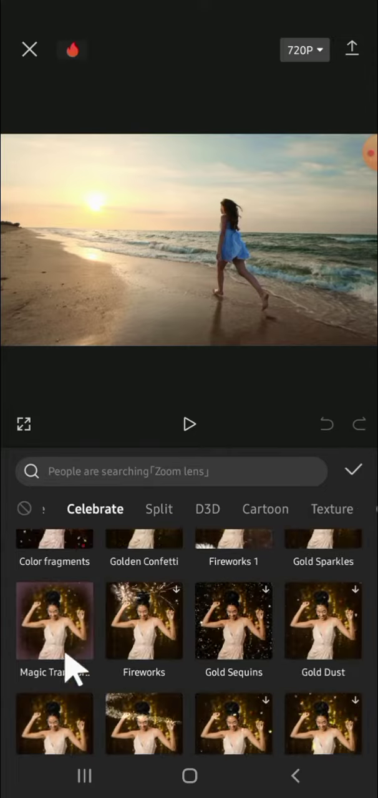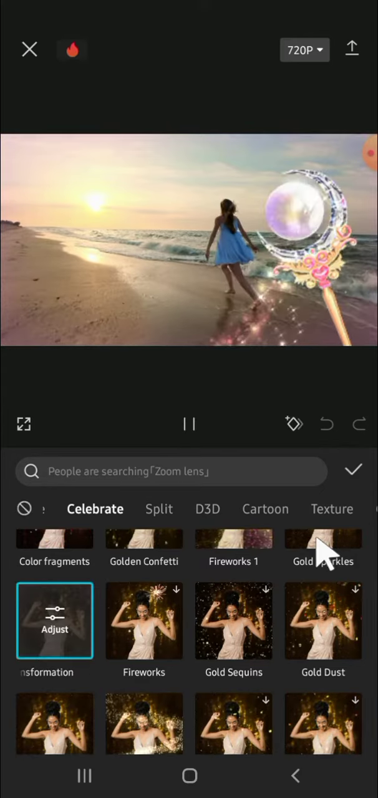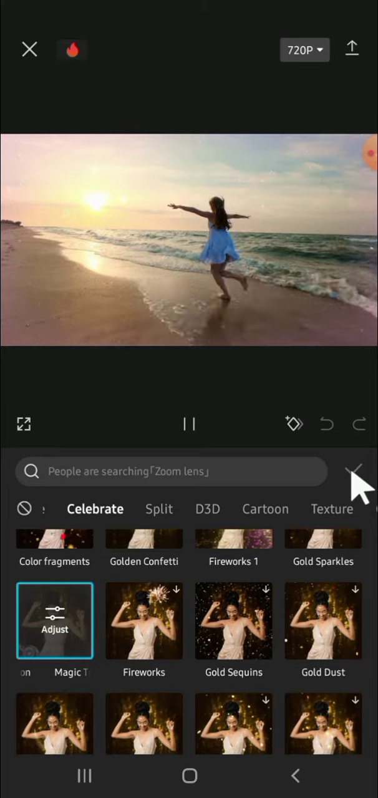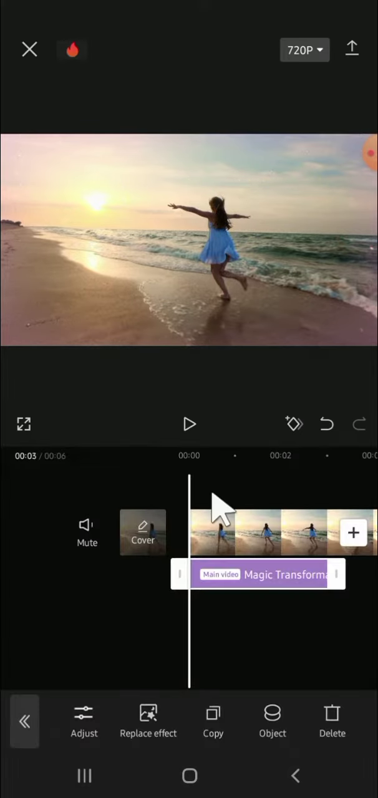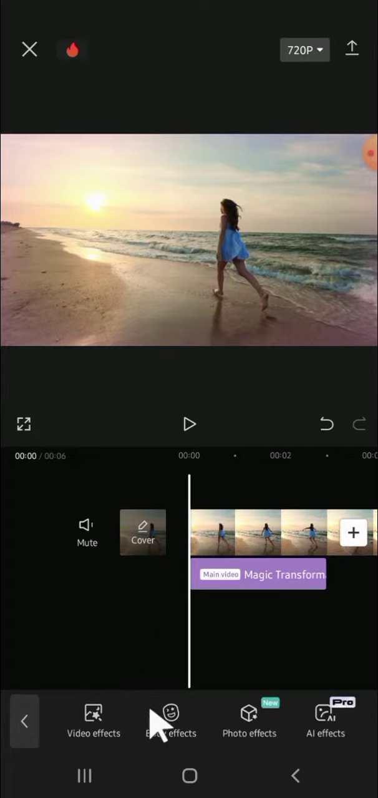Then I'm just going to apply the magic transformation to my video, and just click on this checkmark button after we're done selecting the effect. And I'm going to combine more than one effect. So for the second effect, I would like to choose body effect,